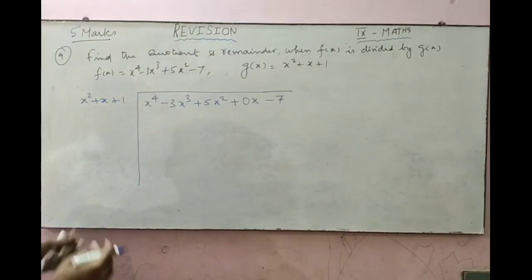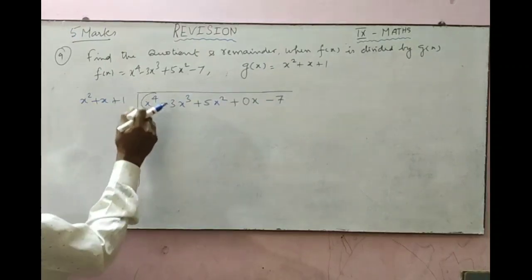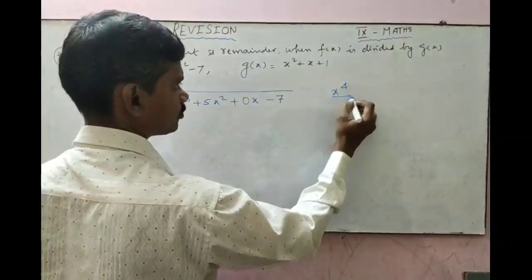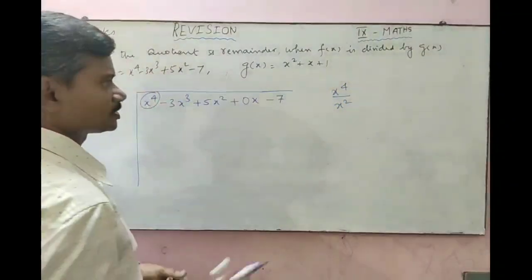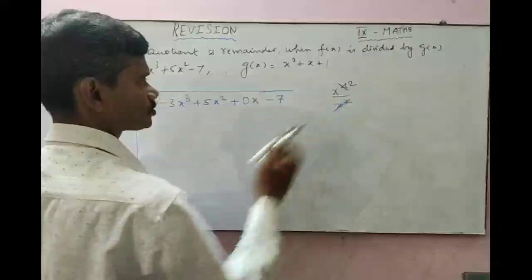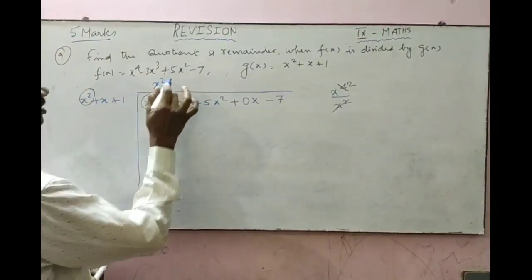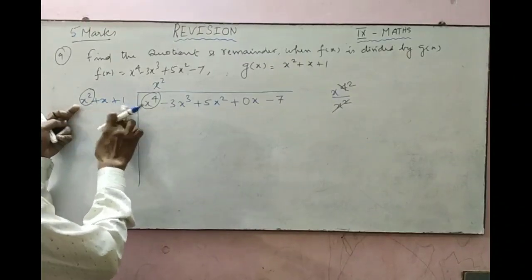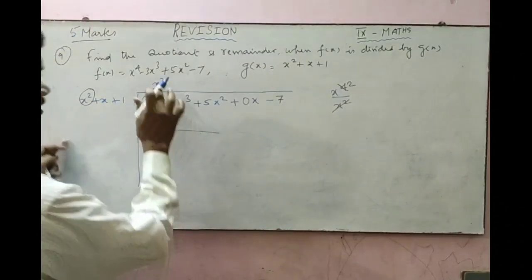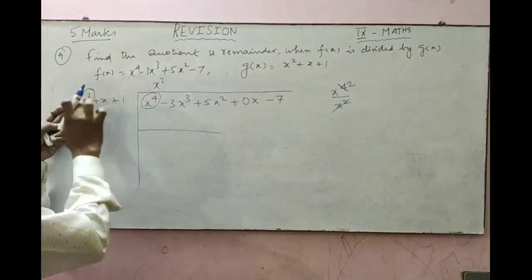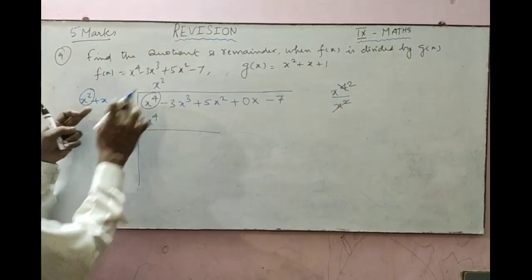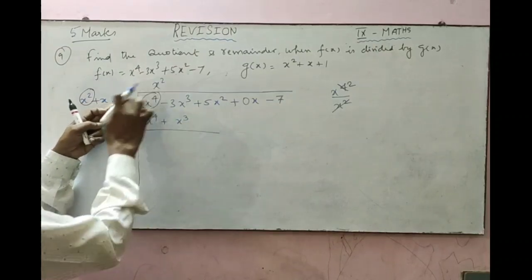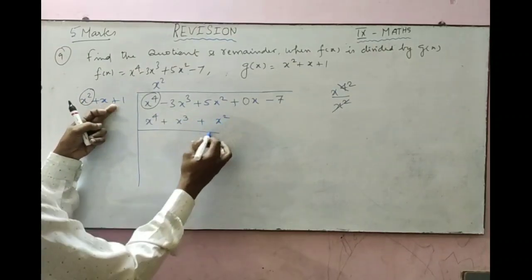Now for getting the quotient, first I am going to take the first term of those two. I am going to divide this x power 4 divided by x square. The divide பண்ணீங்கன்னா you will get x square. So that is the quotient. Now use this x square and multiply the 3 terms and write it here. The x square ஆல இந்த 3 term multiply பண்ணுங்க. X square into x square gives x power 4. X square into x gives plus x cube. 1 into x square gives x square.